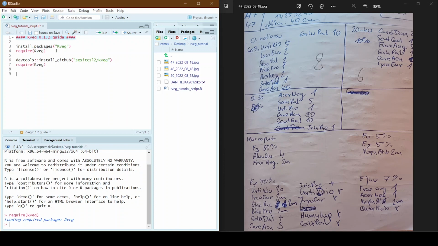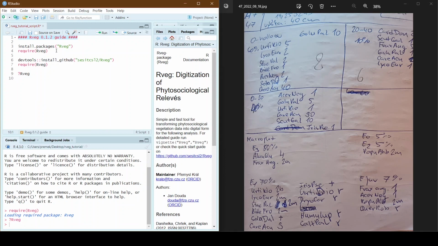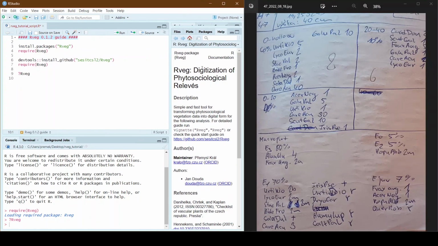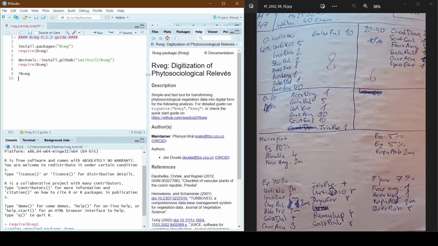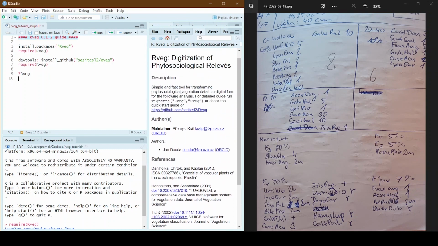Now if I run help(RVEC), we can take a look at the package structure. As you see in my R environment, I'm using RStudio, but you can use anything else. Here we can see some description of the package.